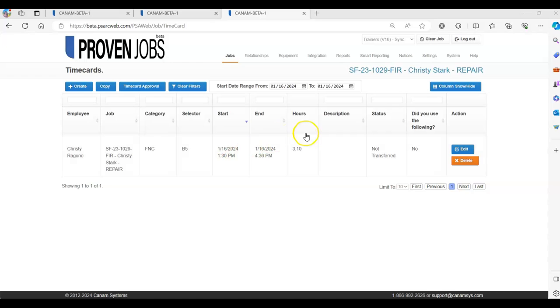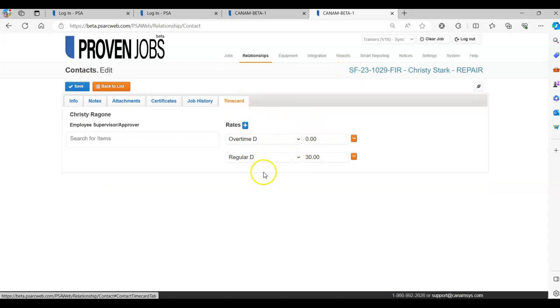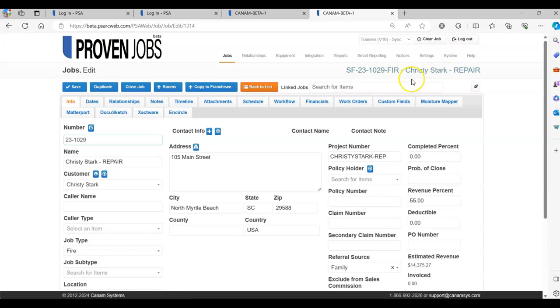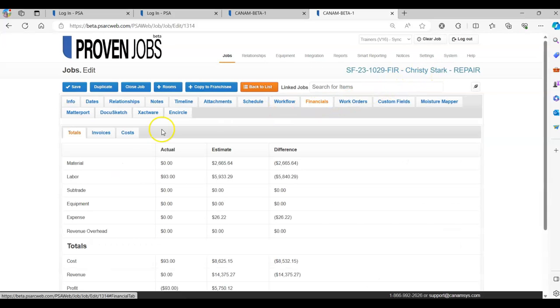So now, once these hours from this technician have been approved through our time card approval process, the rate that is existing on this employee's employee record after the time card approval process has been completed will post back to the Financials tab. So you can see this time card has now been transferred, and based off of the rates that I have defined within the internal relationship record, if I navigate back to the job file and to the Financials tab,